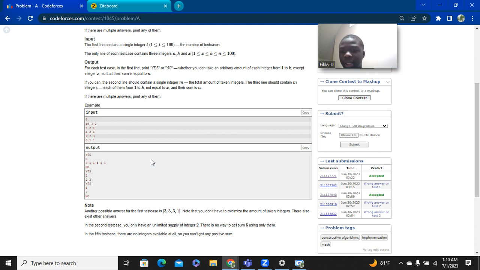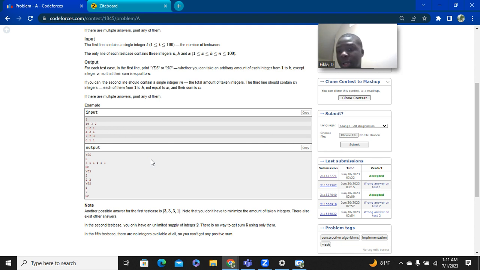Now it gets a little bit tricky if x equals 1, but luckily in problem A they're not trying to do any evil things. They're just doing a straightforward question, and they give you some test cases that actually use ones. For example, in the next test case, n is 5 and we cannot use 1, and k is 2. If we can only use 2s, then obviously we can't use only even numbers to make an odd number, so that's clearly no. The second test case gives us an insight on how to deal with